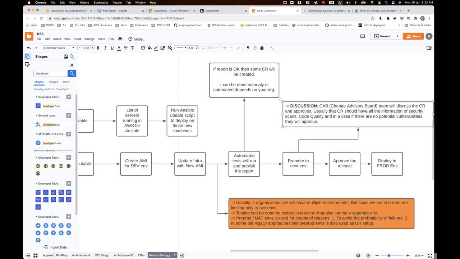Okay, not immediately. If there are no kind of any potential vulnerabilities, then we can go with that. Okay. So then there is no potential vulnerability.